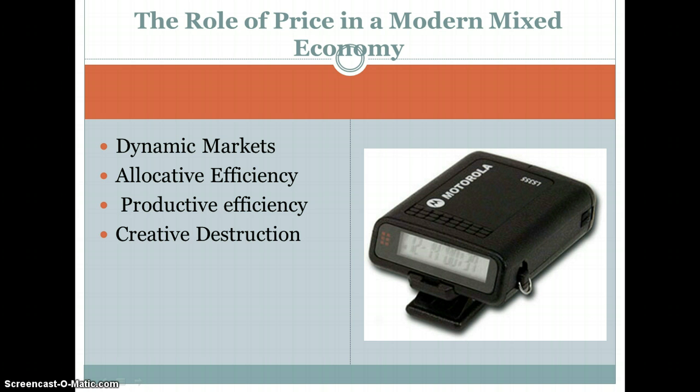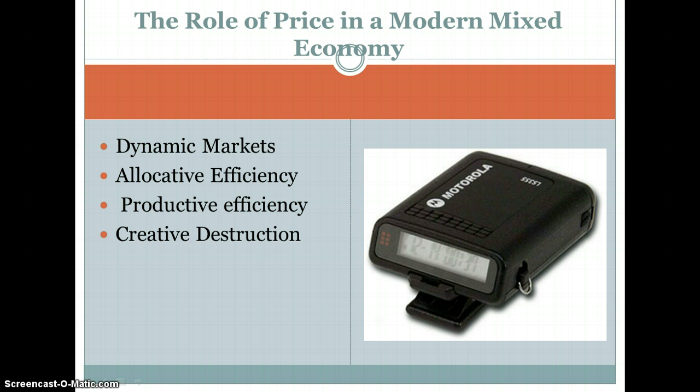Now let's go to one of my favorite ones, and this is one of the greatest terms ever, creative destruction. It just sounds fun. Creative destruction is basically the killing of an old inferior product for a new better product. The example I want to use is the beeper or pager from way back in the 90s, maybe 95 even. Pagers, beepers were big.